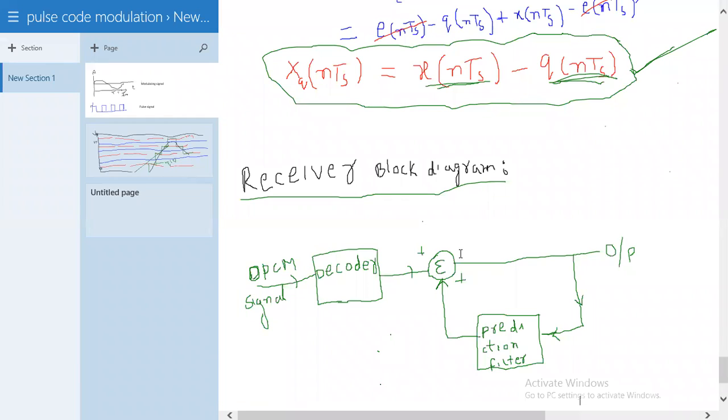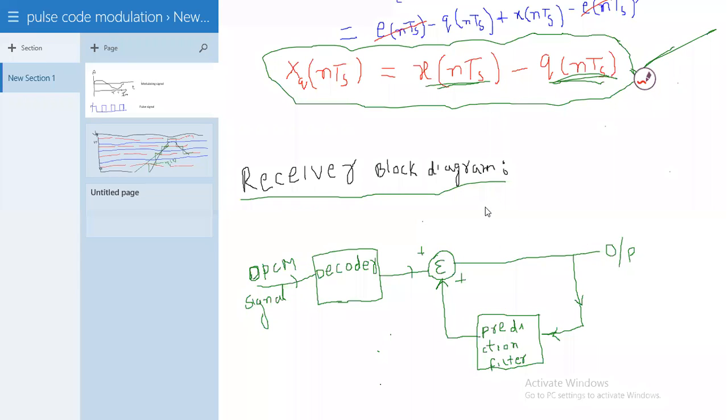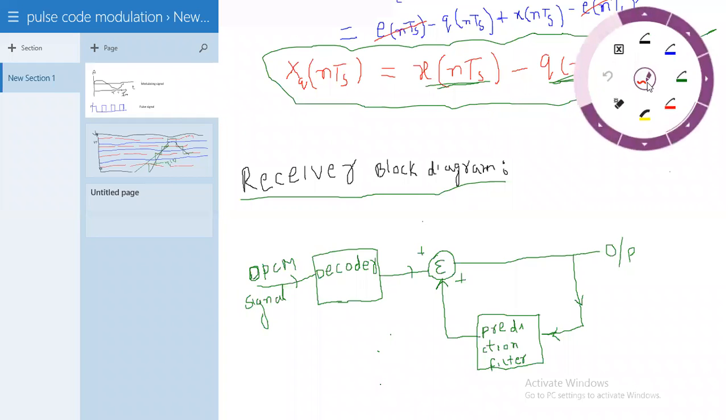The DPCM receiver at the receiving antenna receives that DPCM signal, and that signal is given to the decoder. The decoder decodes that signal, and at the output of the decoder the sample values are like this: